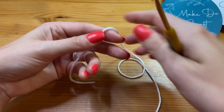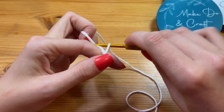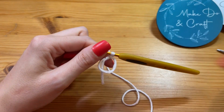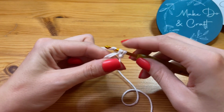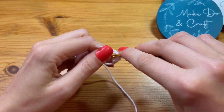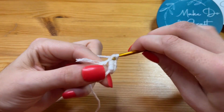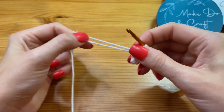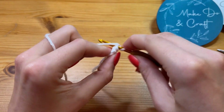For the outer ear, we are making it in the same method as we did with the smaller inner piece, but we are adding an extra round on at the end. Okay, so we start with our magic ring and we work our 6 single crochets into that ring there. Four, 5 and 6. Then chain, pull your ring closed, chain 1, turn your work, work 1 single crochet into